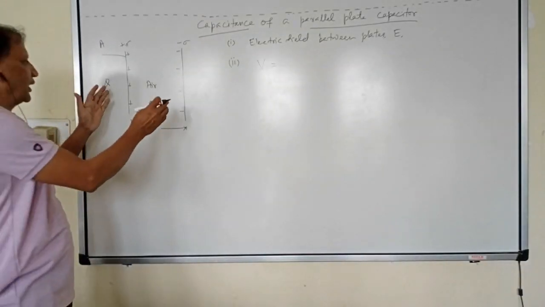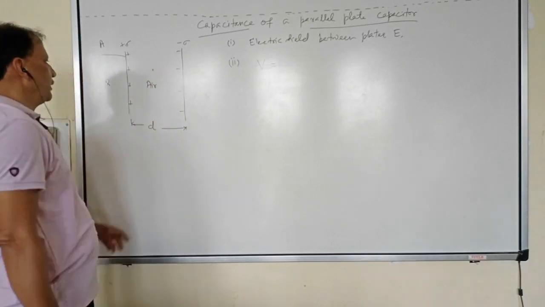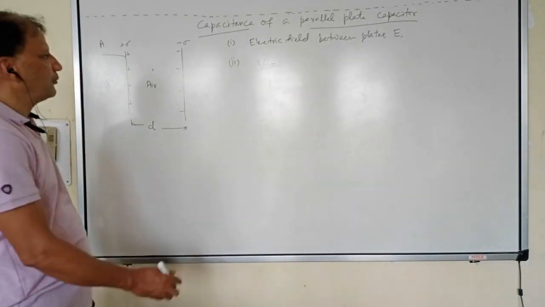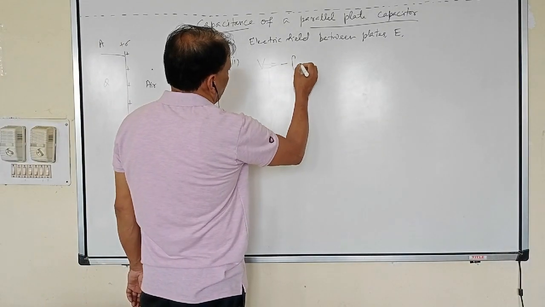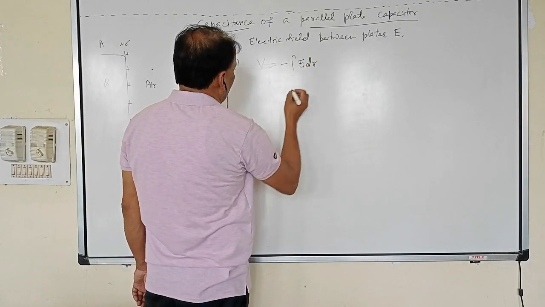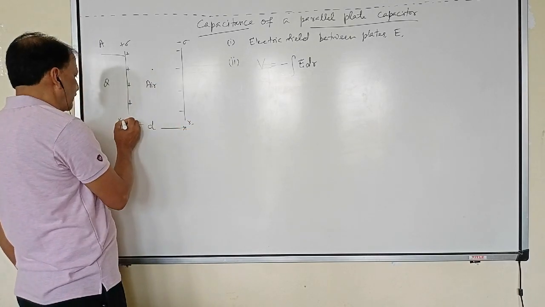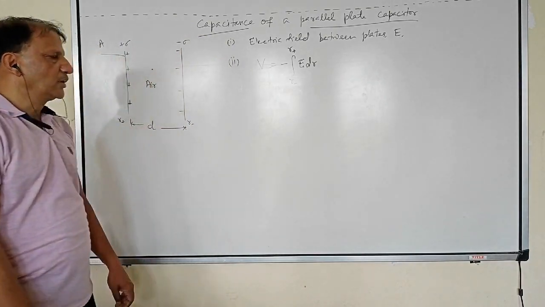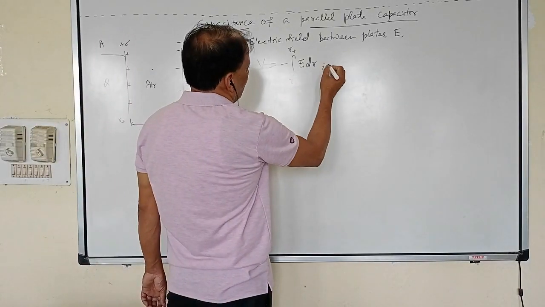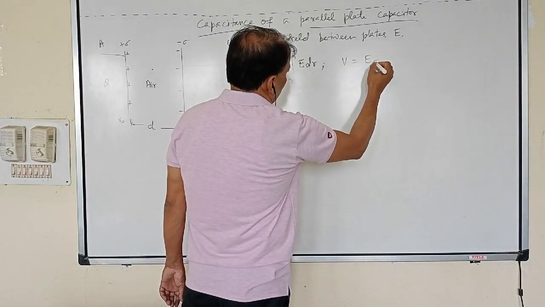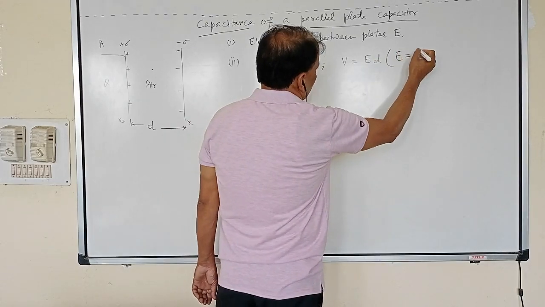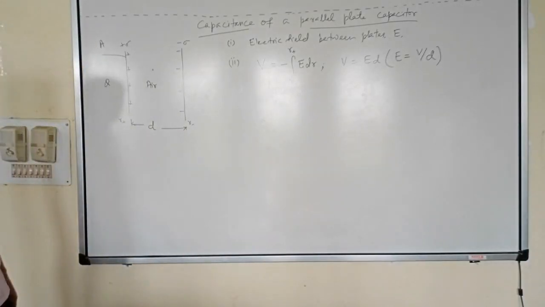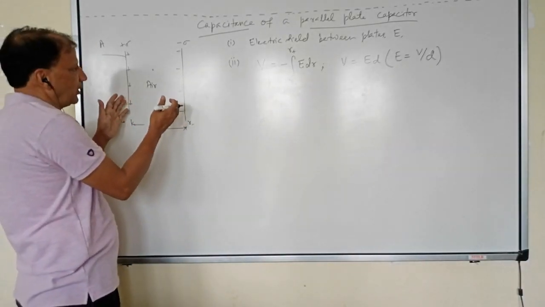These are two plates. इलेक्ट्रिक फील्ड इसके बीच में कहीं निकालेंगे. इस पॉइंट पर निकाला, इस पॉइंट पर निकाला. So electric field between the plates E, then potential V will be equal to minus of integral E dr. इंटीग्रेट करेंगे. Let us suppose it is from r minus to r plus. So this will give you the value of potential difference, V is equal to ED. Since electric field E is equal to V upon D, from here V is equal to ED. Potential difference between the plates V बराबर ED है.